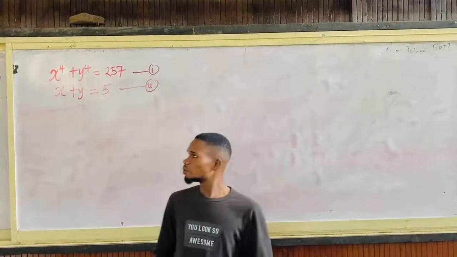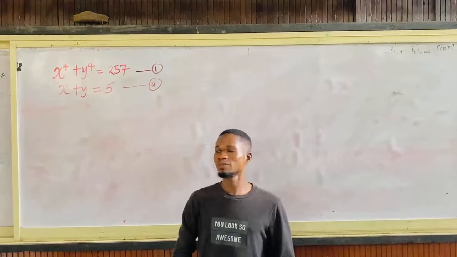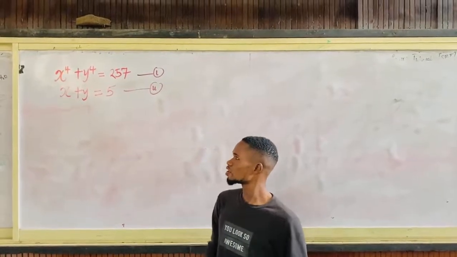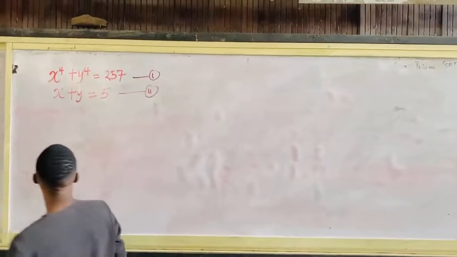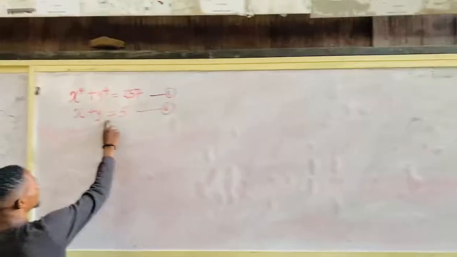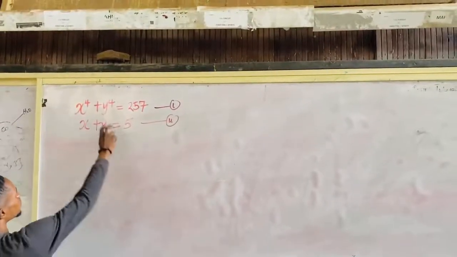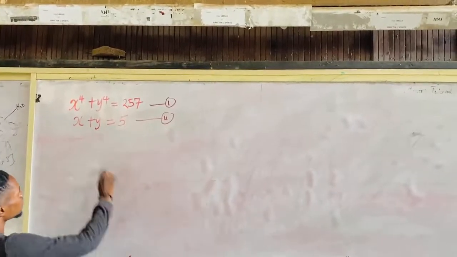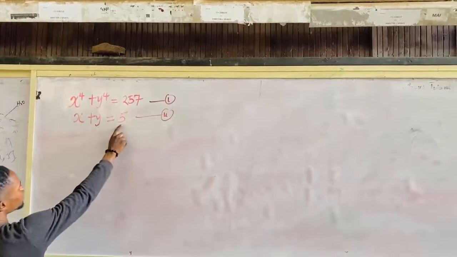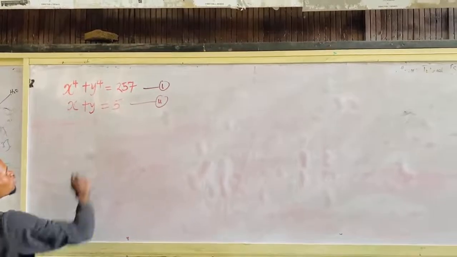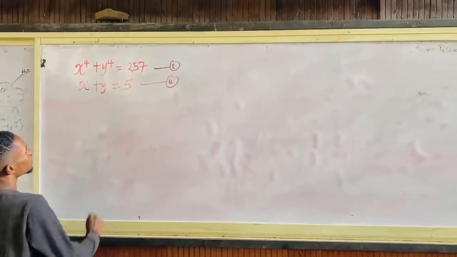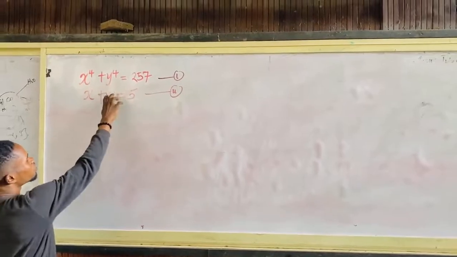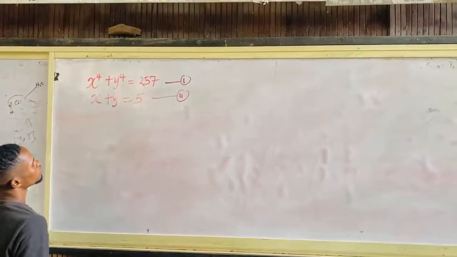Okay, hi guys, how do you solve this simultaneous equation? x raised to the power 4 plus y raised to the power 4 is equal to 257, and x plus y is equal to 5. This is linear and this is polynomial. Now if I take x as 5 minus y and substitute into equation 1, I'll get degree 4, degree 3, degree 2, which might be